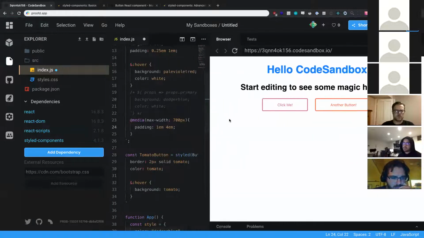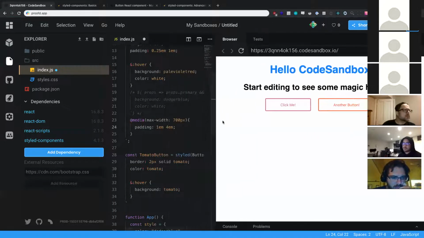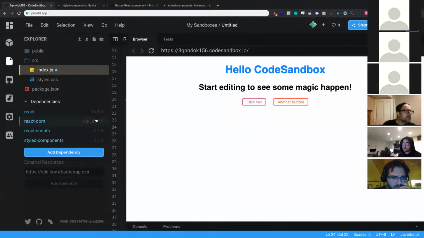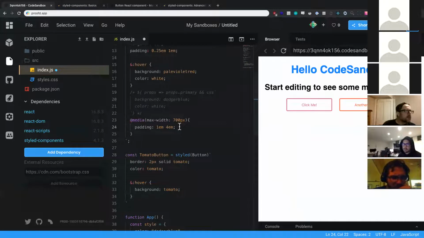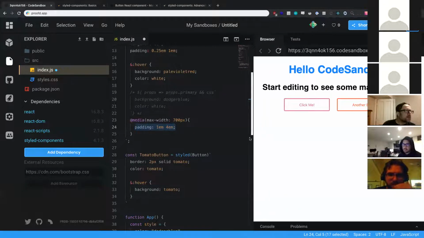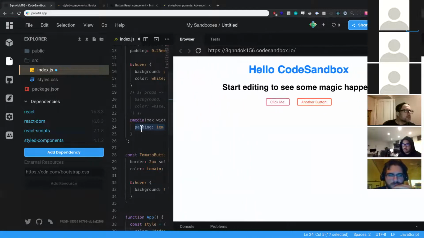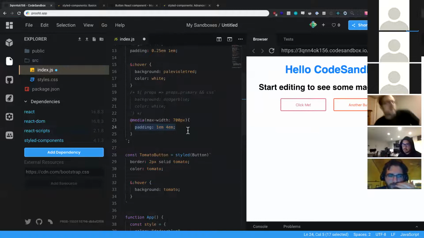Okay, so the media query totally works, right? From 0 to 700, this padding is taking place. From 700 on, that padding disappears. Okay, we can add our media query right to our style component here. All right, there's some great examples of how to